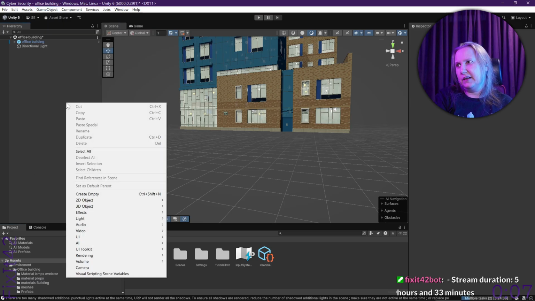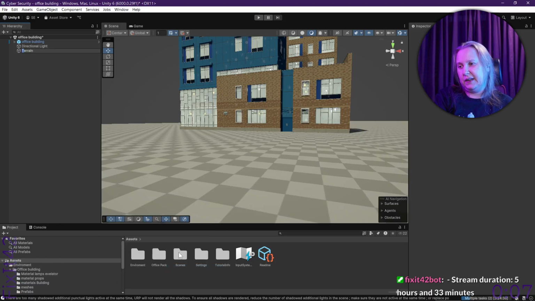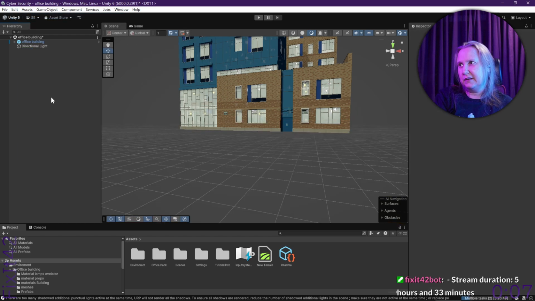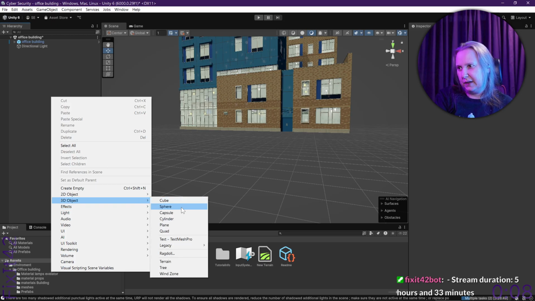Right, we could just do here, right click, 3D object, terrain, or just do like a big cube thing. Plane, we can do plane. Plane is probably good enough. Let's try terrain once more. It looks the same. Right, so if we undo this, and instead we just do plane. Just to have something to start with at least, right? 3D object, plane,